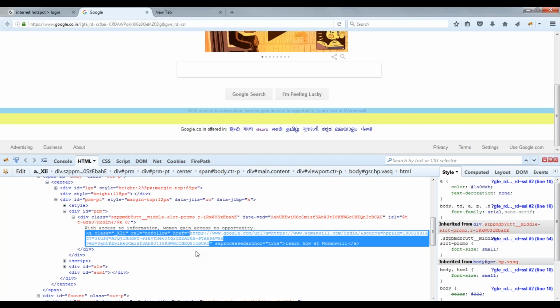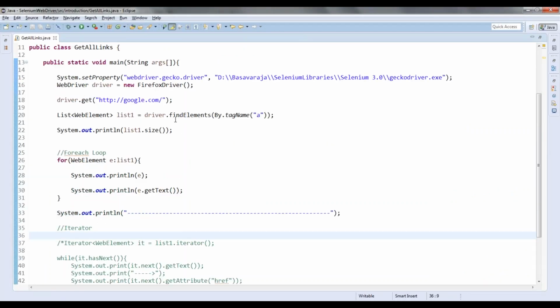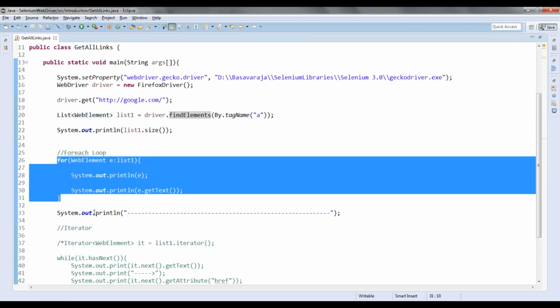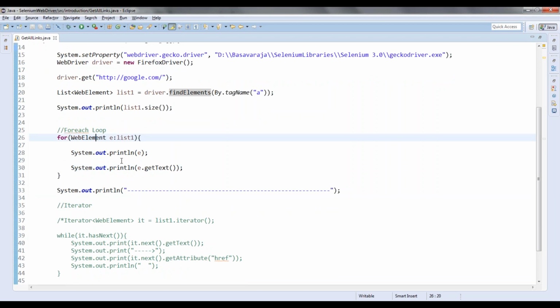So you're understanding this? Is it clear now, or do you still have some doubts? It is clear. Yeah. Tell me if it is not clear. Only thing you need to know is find elements will get a list of elements, and then you have to iterate through those elements. It is nothing but our collection framework. And whenever I am iterating through those particular elements, I will try to get some values of that particular element using certain methods of web element.